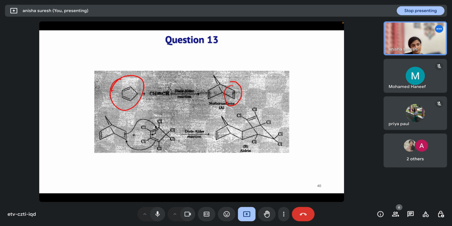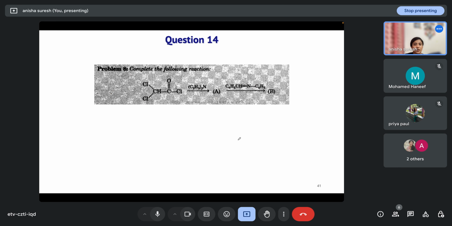Yes, ma'am. Okay. Now coming to the next question. Complete the following reaction. Here an acid chloride is given and it is treated with triethylamine. It will result in the formation of a compound A, and then it is treated with this